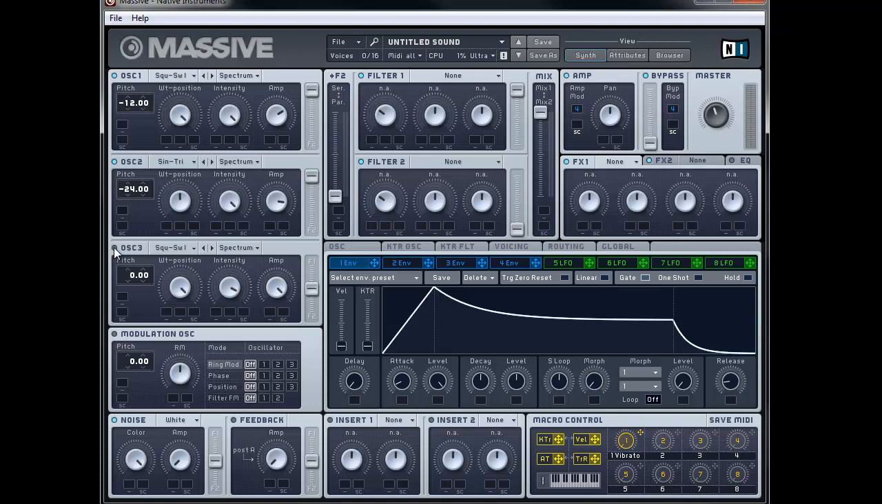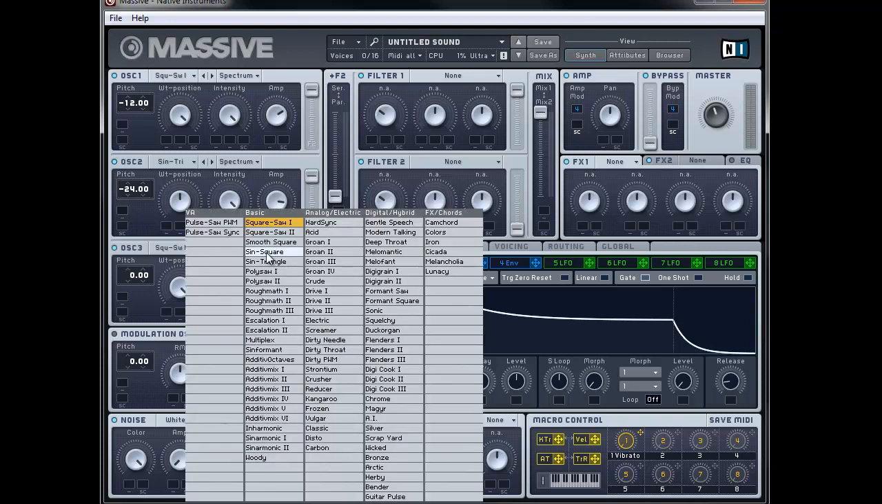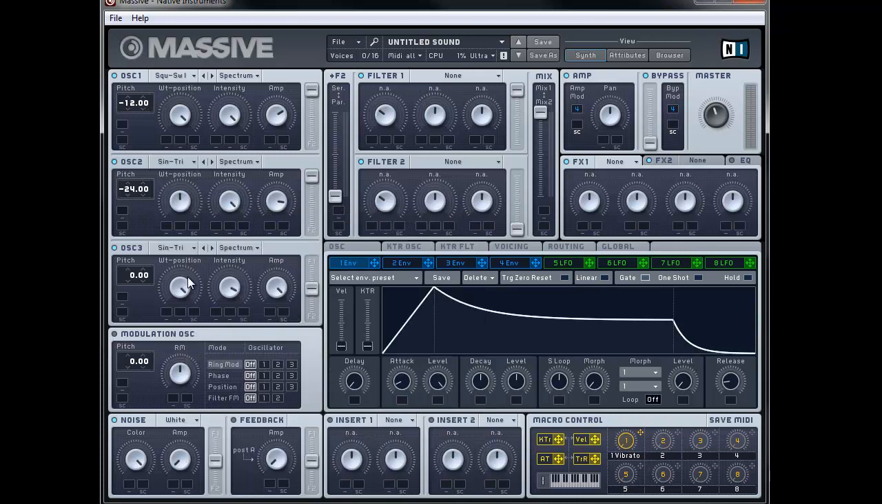Thirdly, we're going to turn on the third oscillator, and we're going to set that to sine triangle as well, except we're going to keep the wavetable all the way to the right, which will just give us a pure triangle wave. We're going to bring the amp down a little bit and push this one into filter 1, and also set this to -24. So now if I play,